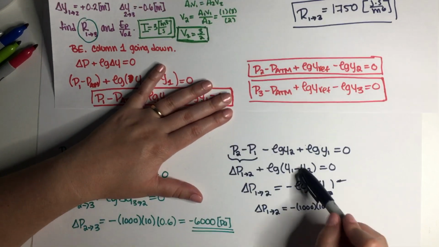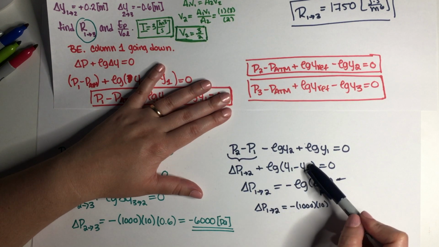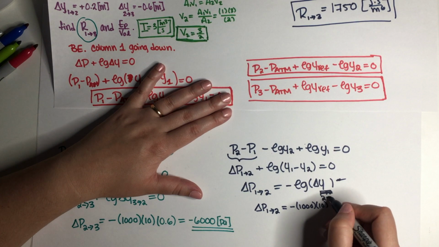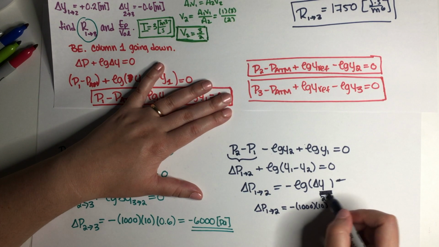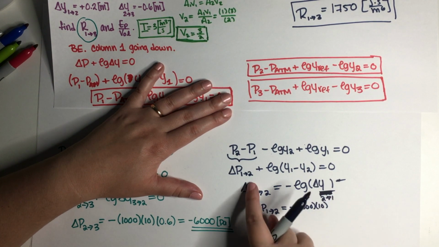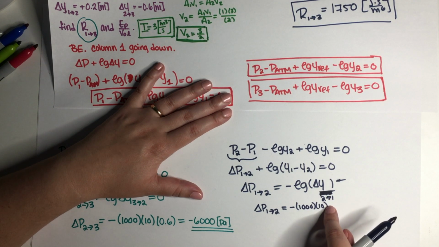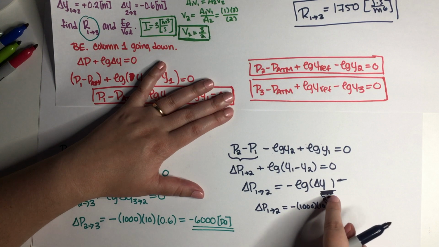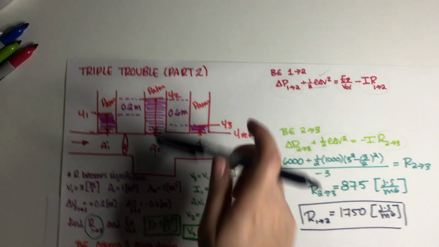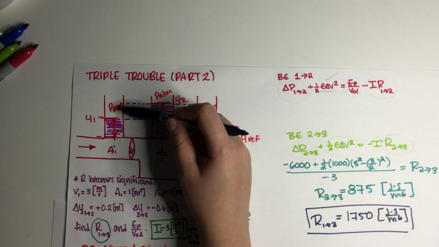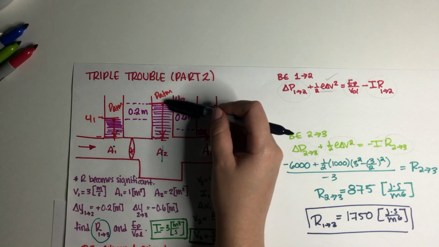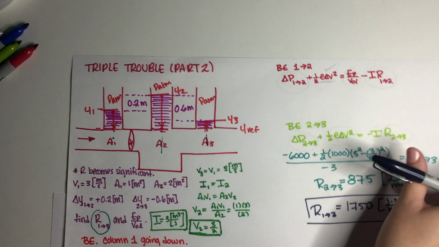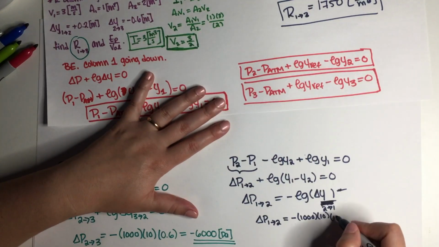So this is where I made a mistake. This is 1 minus 2, and because deltas are final minus initial, this is actually delta y from 2 to 1. Delta P from 1 to 2 is related to delta y from 2 to 1. So this delta y starts at 2 and goes to 1. As you can see, the height difference is 0.2 meters, but when you start at 2 and go to 1, you have a decrease in height. So this 0.2 has to be negative,